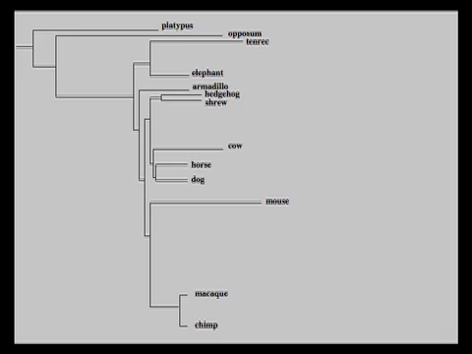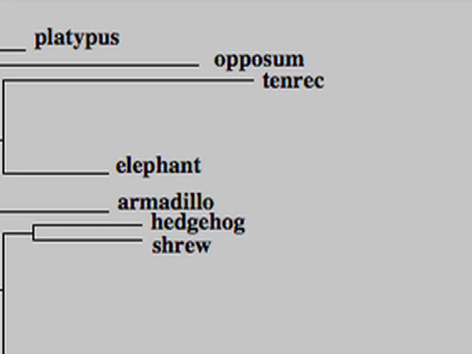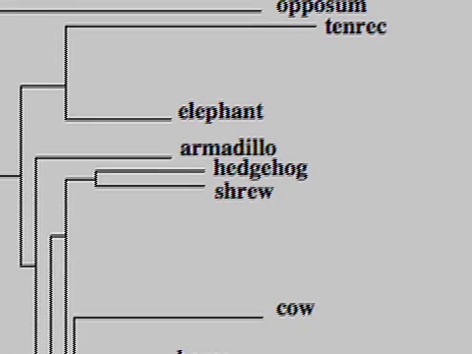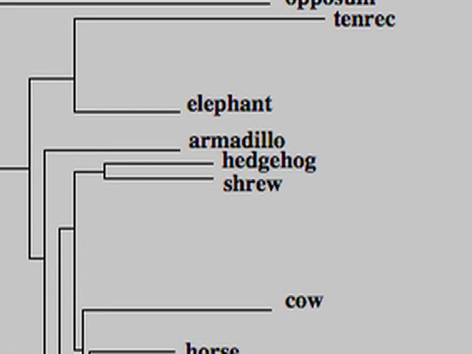Here's the tree now, all filled in, and I want you to look for tenrec and hedgehog. I'll point out to you that tenrec is up at the top, and the closest organism to it is actually the elephant. Meanwhile, hedgehog is more in the middle, and the closest related organism to it is the shrew. Now, tenrecs and elephants don't look anything like each other, but they're the organisms that are closest together on this